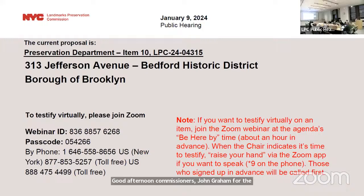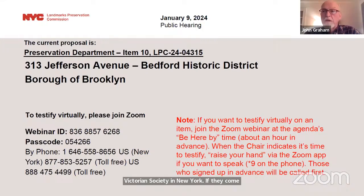The Victorian Society would not normally support the demolition of the entire rear facade of a 19th century building. We make a rare exception for this proposal for work at 313 Jefferson because the applicant has provided photographs which clearly document the building's extremely deteriorated condition, evidence of what must have been years of neglect. We also appreciate that the applicant has stated on drawing LPC 4 that the new facade will be constructed in the same location as the existing facade,